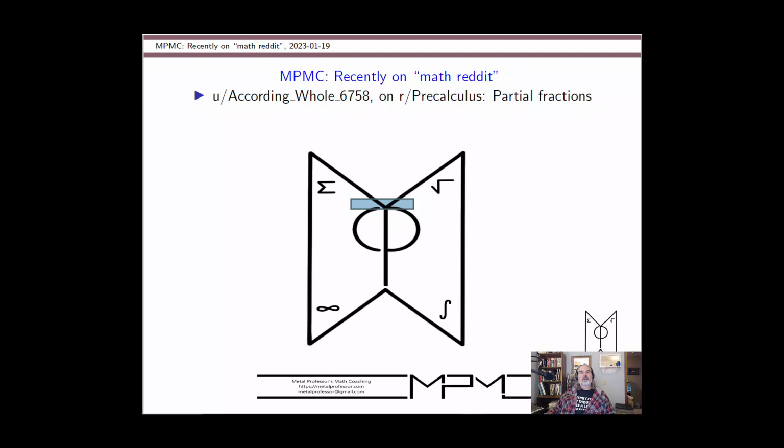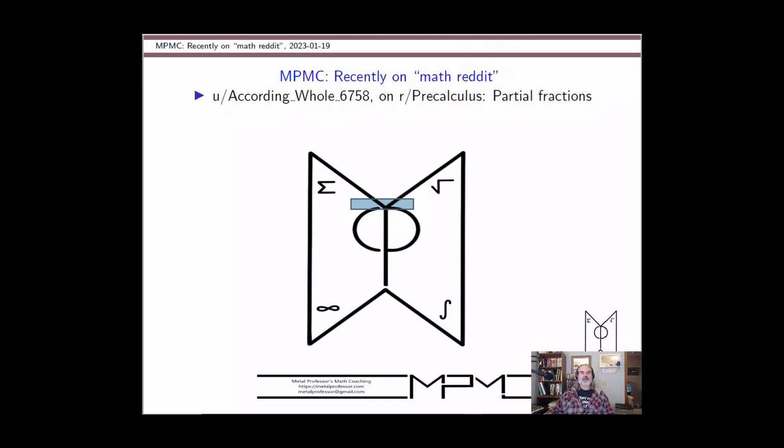This is Ken the Metal Professor, back after a month and more of a hiatus, otherwise known as laziness, and just getting lost in the holidays. But also with the holiday break in the U.S., the traffic on the math subreddits kind of slowed down a little bit. There was still a lot of stuff there, but sort of less that I was able to really